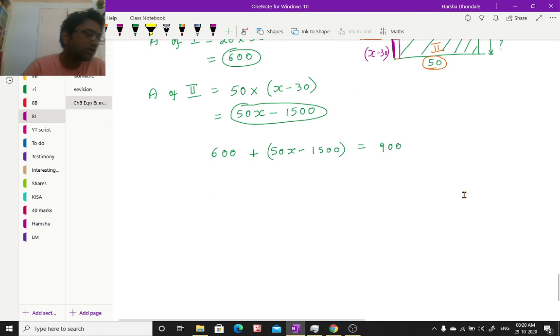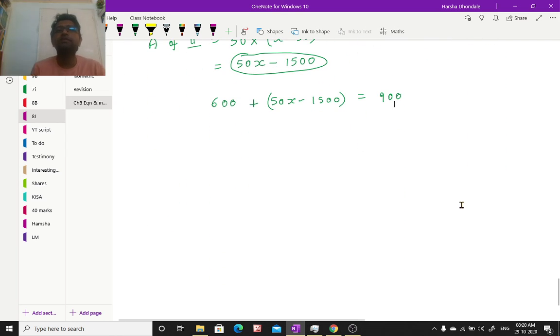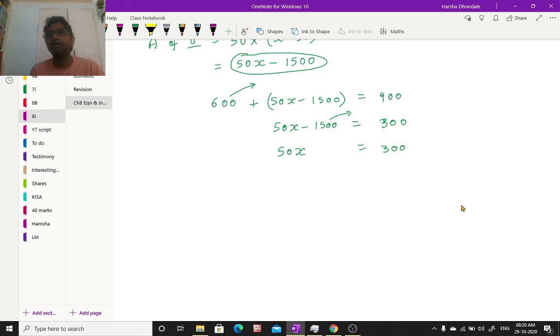Now with this, we can find x. The moment we find x, we have the missing side. So 50x minus 1500 is equal to, I'll send this 600 to the other side, 900 minus 600, which is 300. Next, 50x is equal to 300, send this 1500 to the other side, it becomes positive 1500. 50x is equal to 1800. x is equal to